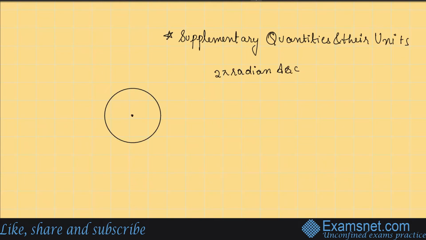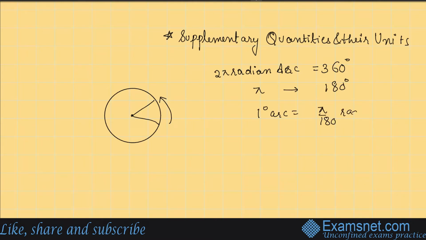But from center, if you're drawing and you're covering an arc, I'm considering a whole circle, right? So if you're drawing a 2 pi radian arc, that means a complete circle. So that would be covered in 360-degree full rotation, complete revolution, right? So pi radian would go for how much? Pi radian of arc would go to 180 degrees, and 1 degree of arc would go to pi by 180 radian. And if I talk about theta degree, that would directly go to pi by 180 into theta